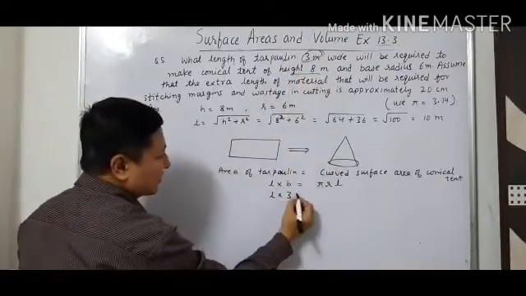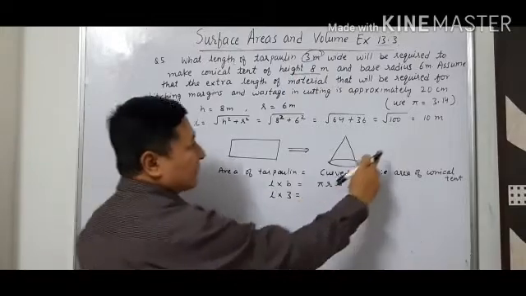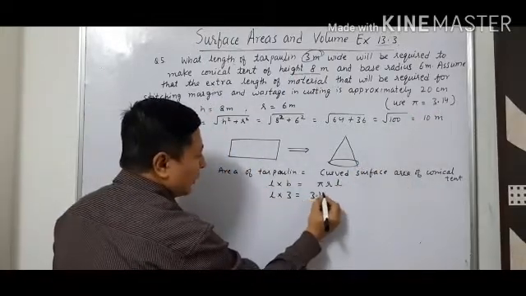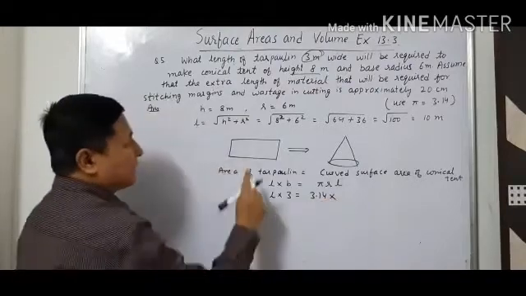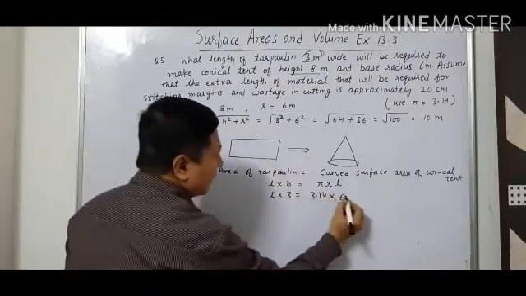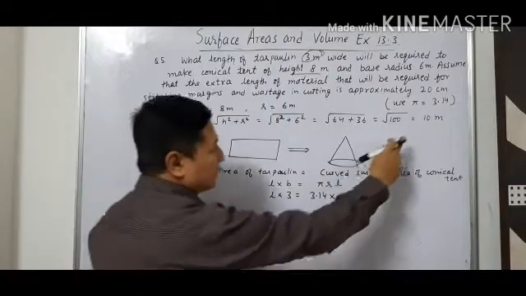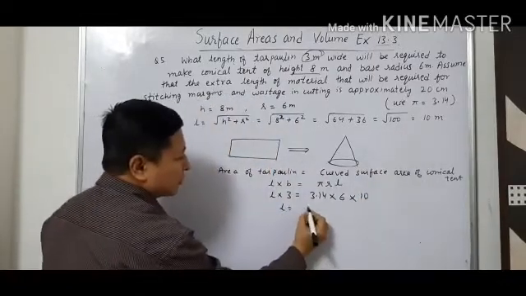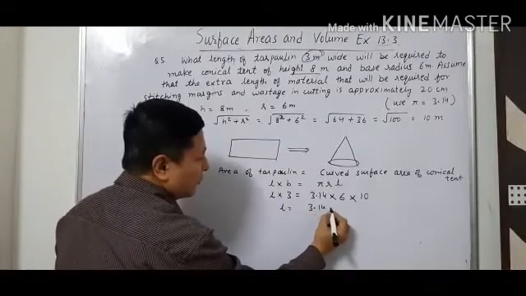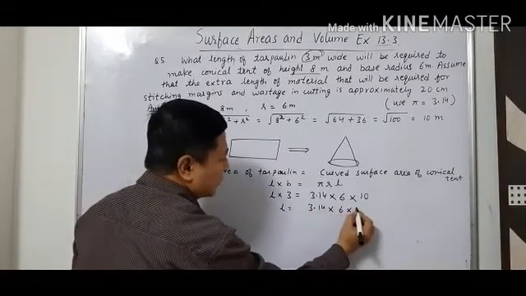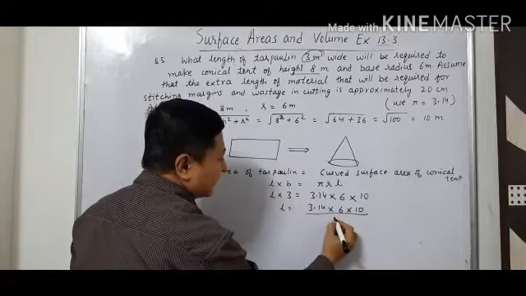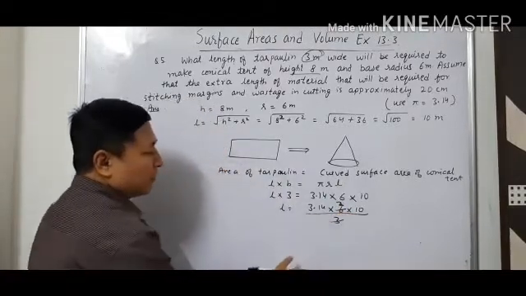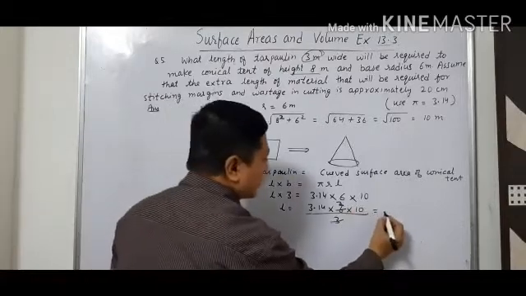So L into 3 is equal to pi. The value of pi we are using here is 3.14, into r. Radius is 6 meter. Slant height we have calculated, that is 10 meter. So we will find the length. L is equal to 3.14 into 6 into 10 divided by 3. This 3 will cancel, leaving 2. So 3.14 into 2 into 10 is